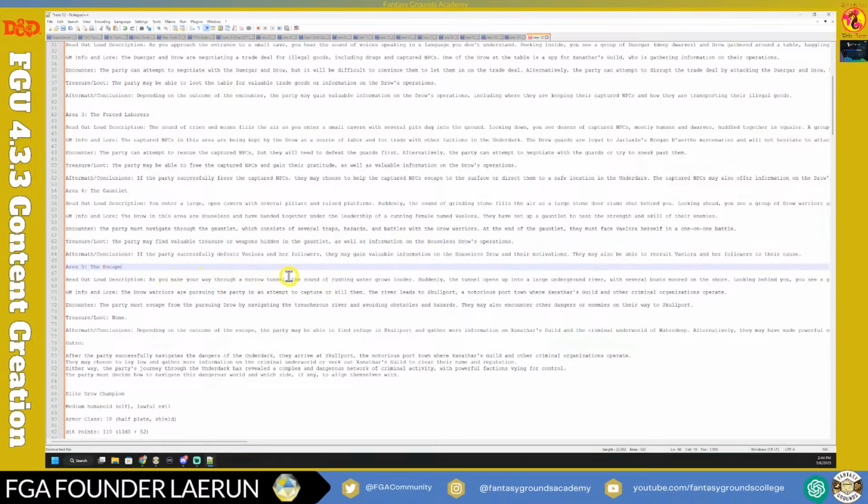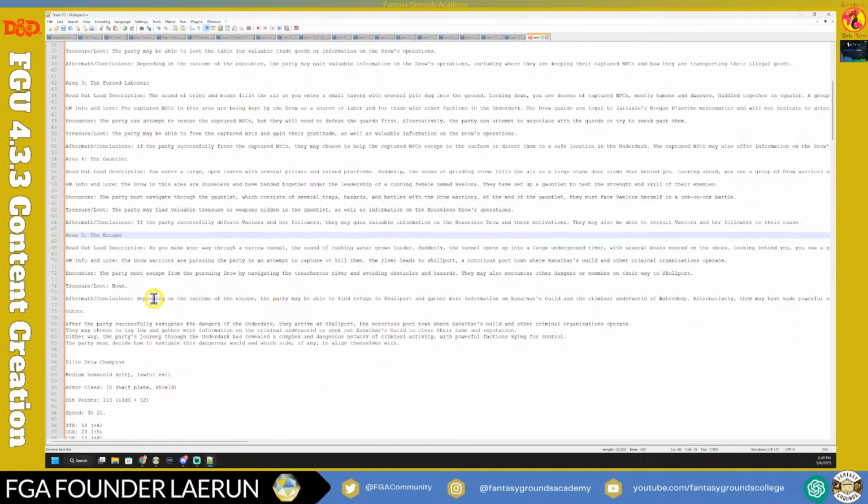So you have to escape back to Skullport, and you end up finding this river, an Underdark river, so you have to go through it and survive, make some skill checks, that sort of thing. And the river will lead to Skullport, and that'll lead you back to your starting point or your conclusion. So depending on the outcome of the escape, the party might find refuge in Skullport, gather more information